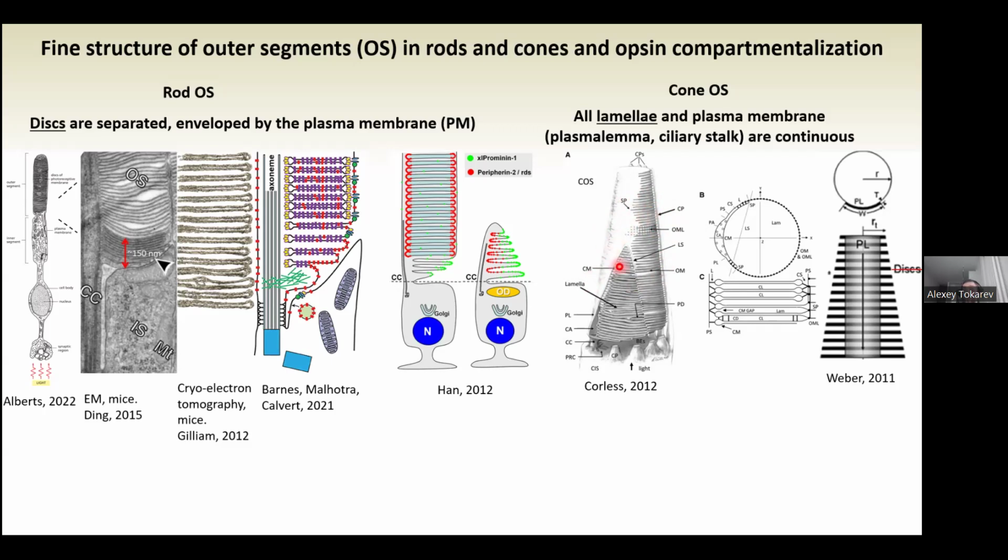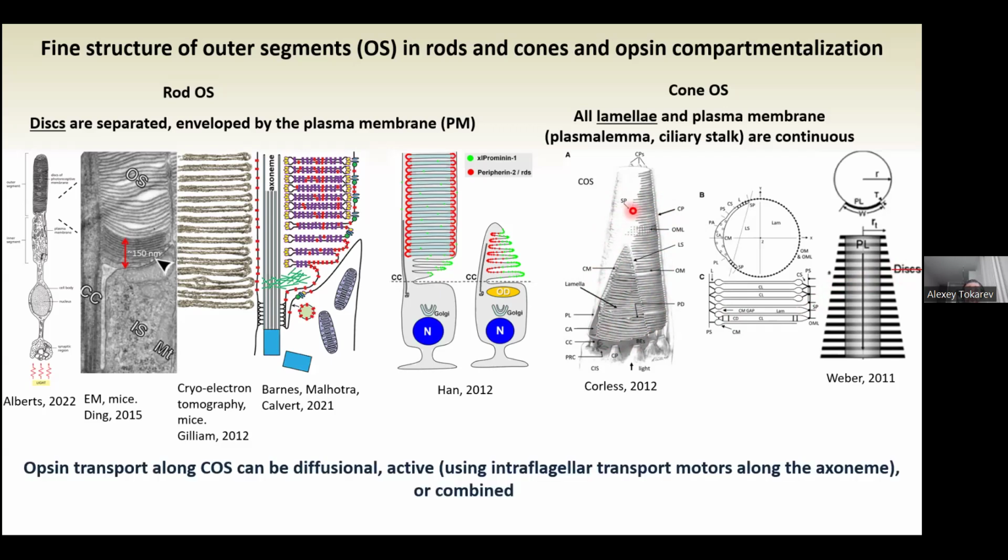So now it is not disks. Here is an error. It is lamellas. We call it lamellas, and we are interested in how rhodopsin is transported along this complex structure. Okay. So what we also have here, which is common between cones and rods, is that look here is connecting